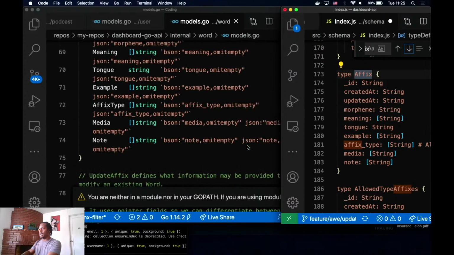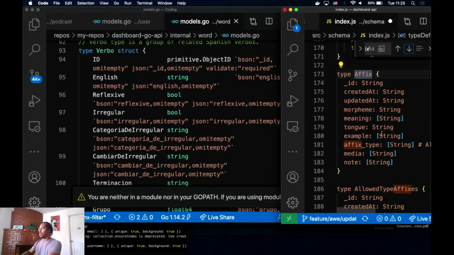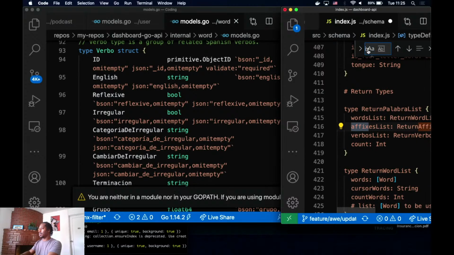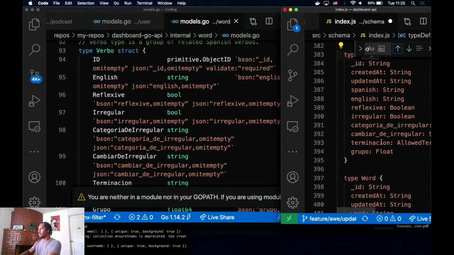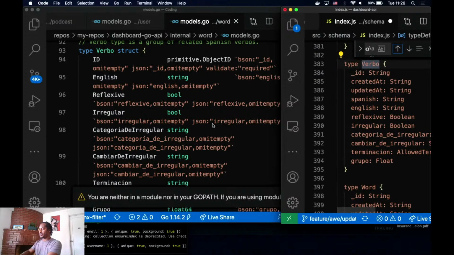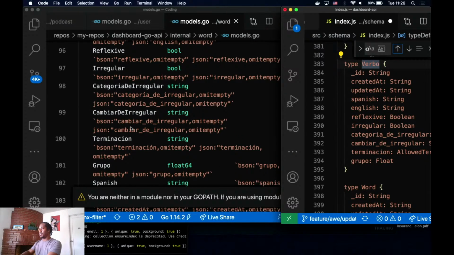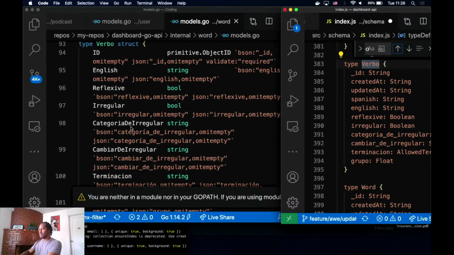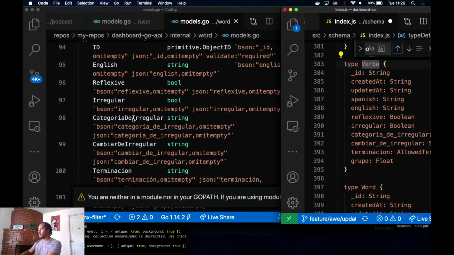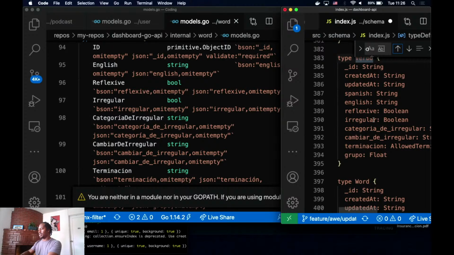Let's see, next after affix, verbo. There it is, verbo. Underscore, English, Spanish, right? Reflexive, regular, categoria, regular.